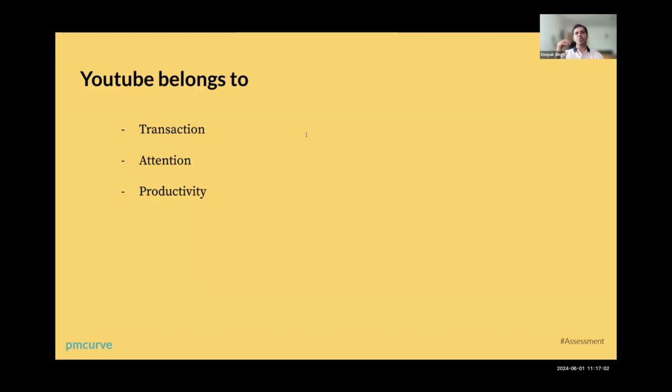Shopify generates value mostly because it saves a lot of developer time and designer time. In a way, it boosts the productivity of a lot of companies, right? And it is first and foremost a productivity platform. And then it has added a checkout layer and a payment gateway layer to it. Compare that to, let's say, Razorpay, or compare that to, let's say, Stripe, right? Now, Stripe is primarily a transaction platform, right?